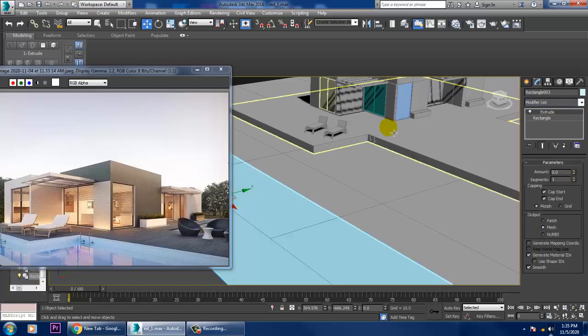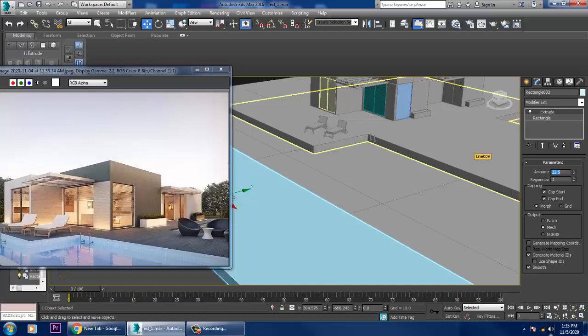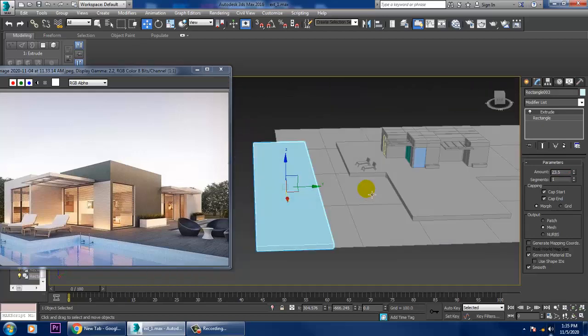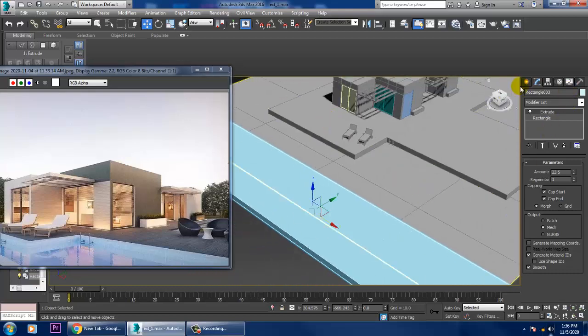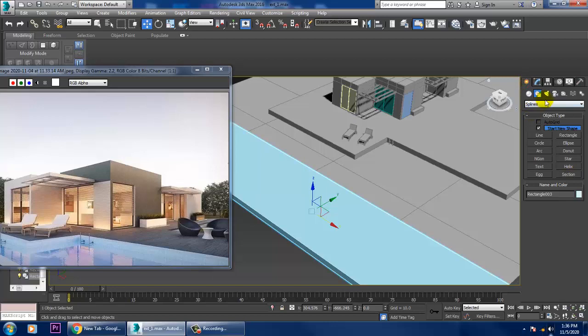So for this, 3.5 extrusion will be done. After it is done over here, we'll be again taking a plane over here.